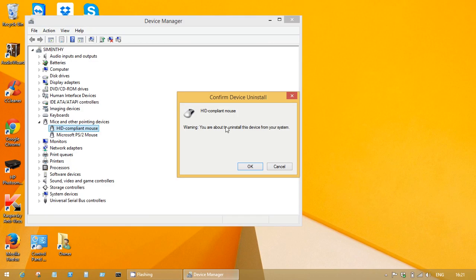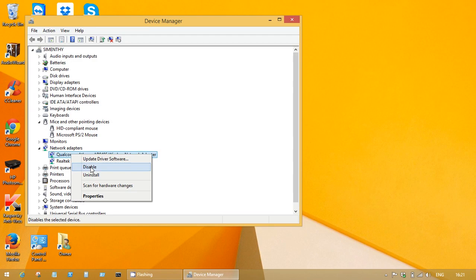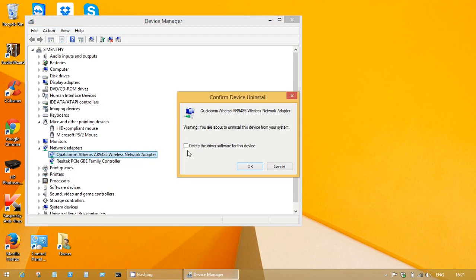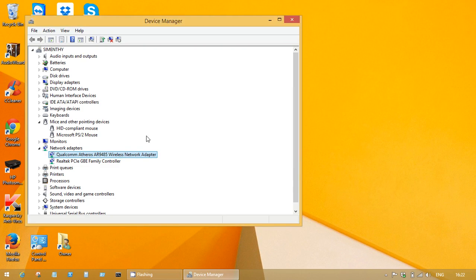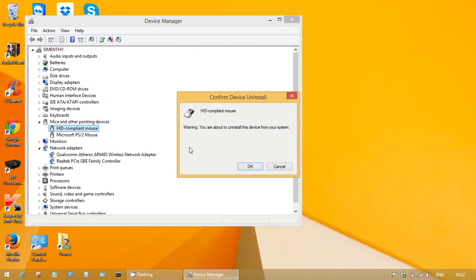So what happens when you do it the first time, I'll give you an example with my network adapters. Right click, uninstall, and you can see a checkbox. The first time I didn't check this, so I simply uninstalled and restarted the system. It started working again, but it still showed up as Asus touchpad, and after a few minutes it got stuck again. So the second time I right clicked, uninstall, and the little checkbox, I checked it,